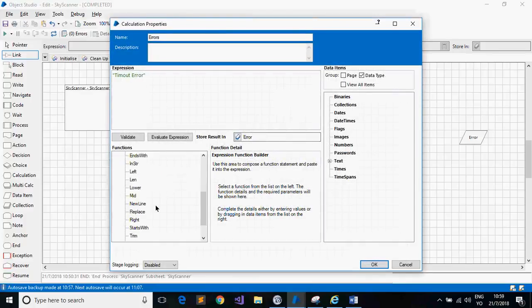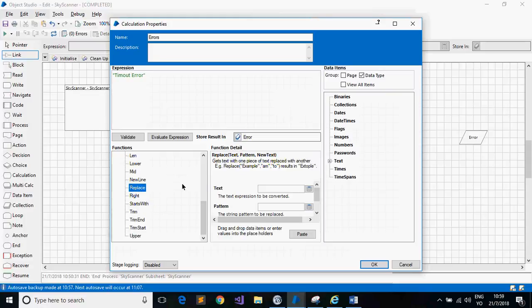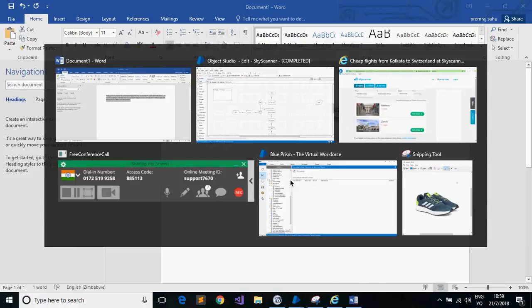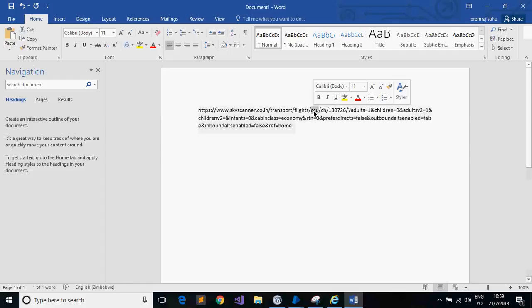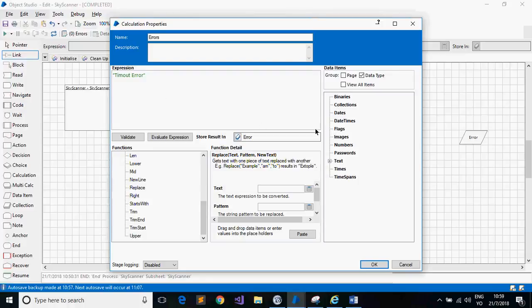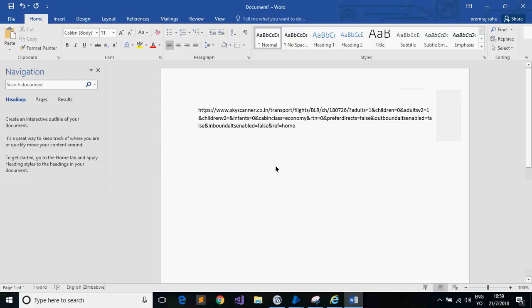I have the text, and I can replace the text here. Whatever we have, the total text, I can take and replace. So here I will replace, for example, CCU with whatever I want, Bangalore, BLR, and I'll take CH and replace CH with, for example, Chennai. So CH to MAA, and this one, if I